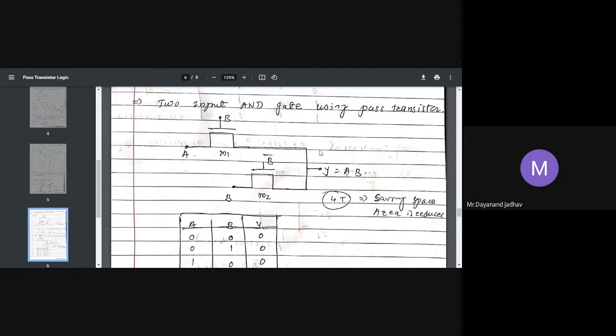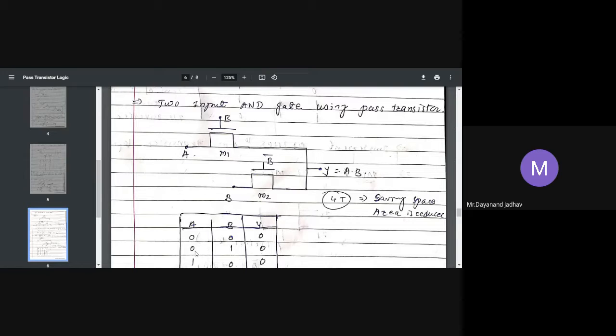From that, here it comes at 0. When B is equal to 0, here it acts as an open switch and it acts as a closed switch. So B passes here, so that the output is 0. Just like that, for the first case, 0 0, the output is 0.